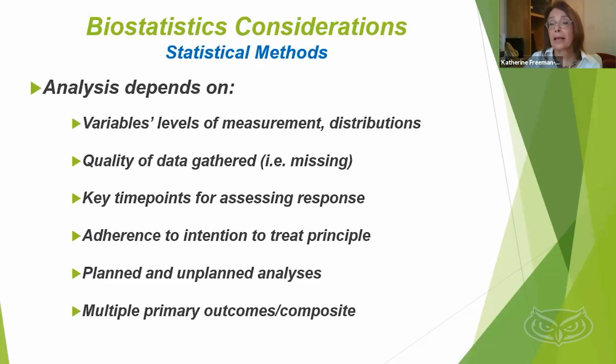Certainly the quality of the data, if there's missing information and there's a bias in terms of one treatment group, like in the AIDS clinical trial, with AZT versus placebo, those on placebo, some of whom decided to withdraw before they even took any drug,